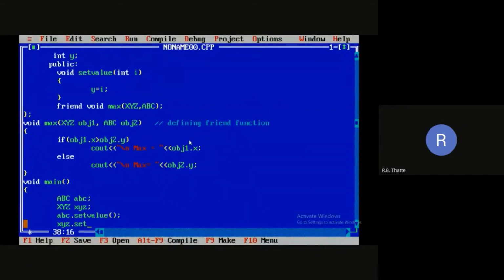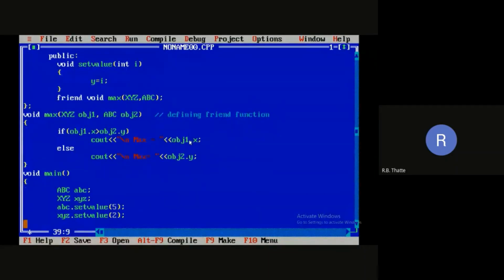Function names in both of these classes are the same. What is required here, we have to pass some parameter. I am directly giving this static parameter 5 and suppose 2. We can take the value from the user, and this value also we can pass. I am giving the value directly.